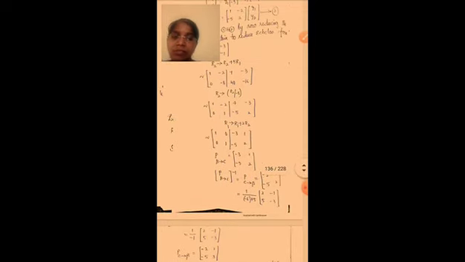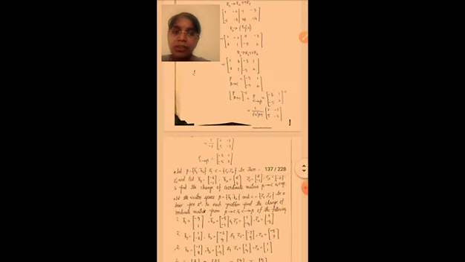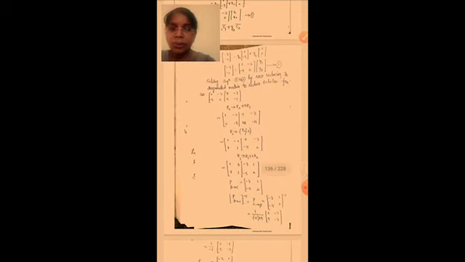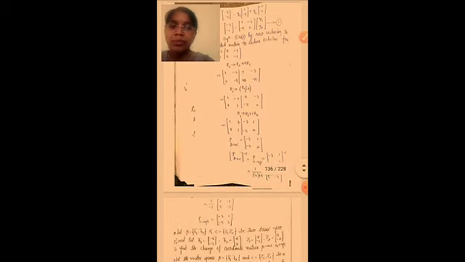So here we have to find out first P beta to C. So after that we have to apply inverse. We get C to beta. Okay, so here first we have to write down the b1 bar value, b2 bar value. After that we have to write down the augmented matrix. After that we have to do row operations. We get the P beta to C value.